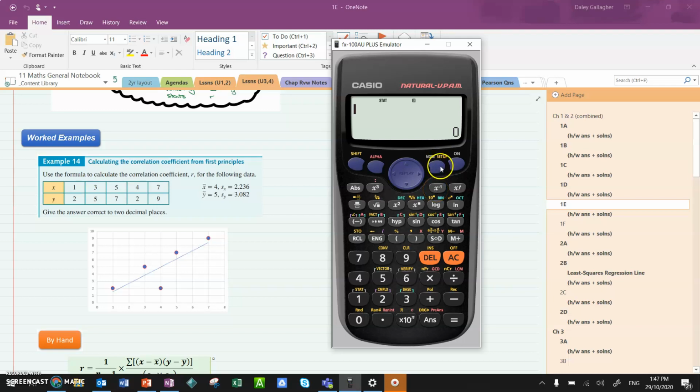To calculate the correlation coefficient on a scientific calculator, specifically the Casio FX82 or the FX100, what we need to do is press mode, and then we need to go to our stat mode. So we press 3 in order to do that. Then we're faced with a bunch of options here, and the option that we need to choose is 2, because